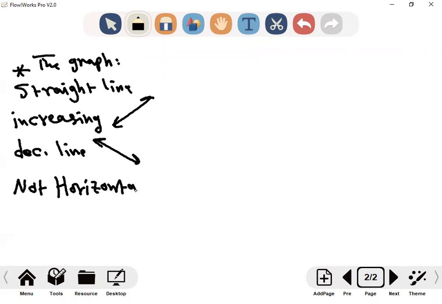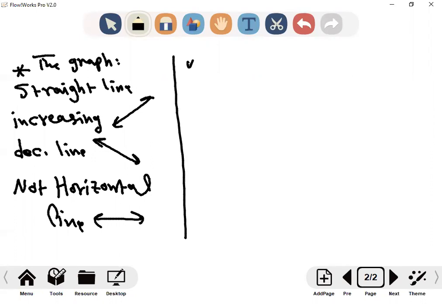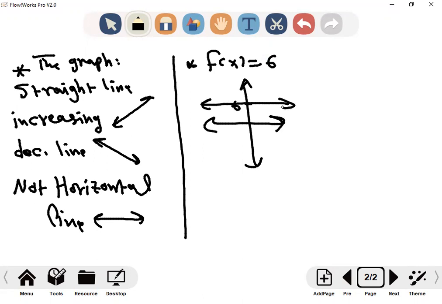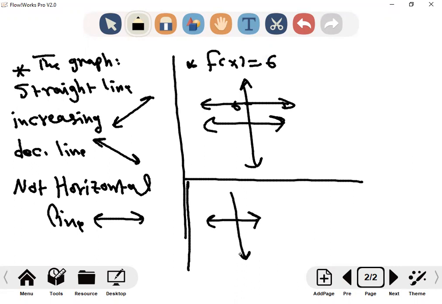Horizontal line, something horizontal, you know that. The horizontal line is a constant function, a number. To understand the horizontal line, how do we graph the function f of x equals 6? We go to y at 6 and make a horizontal line. Is this linear? No. But if the line is increasing or decreasing like these two graphs, or this one,